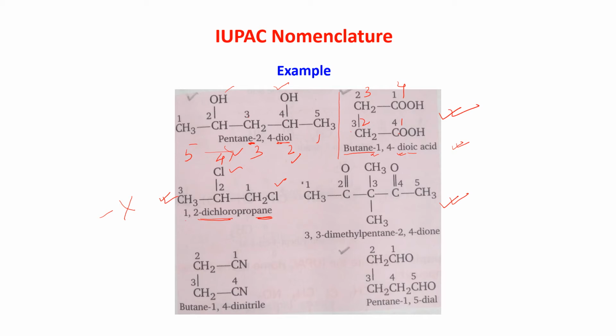Now the numbering is 1, 2, 3, 4, 5. Now in the second and the fourth position, 2 ONE group is present. And in the third position, 2 methyl groups are present. So these methyl groups in the third position, 2 times, will be the substituent, that is 3,3-dimethyl. Now the chain is pentane-2,4-dione. O is a vowel but it is starting with D, so pentane E will not be dropped. Similarly this one and this one. Please go through these 2 examples also.